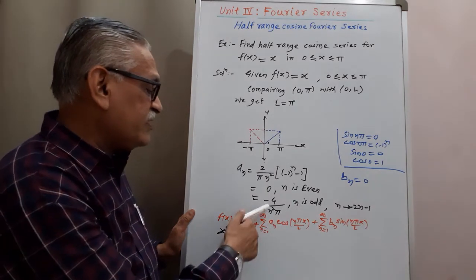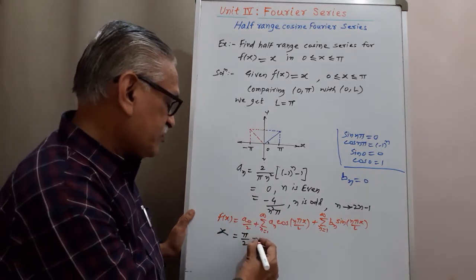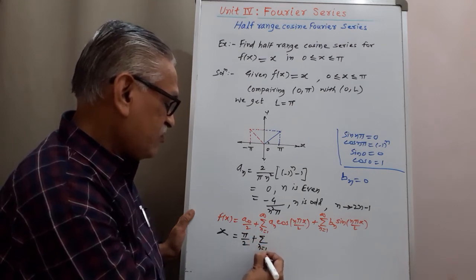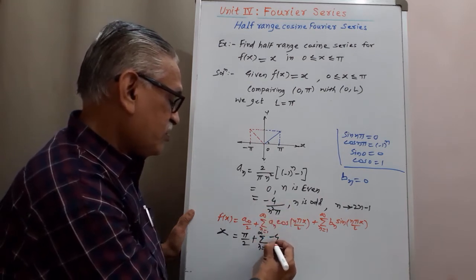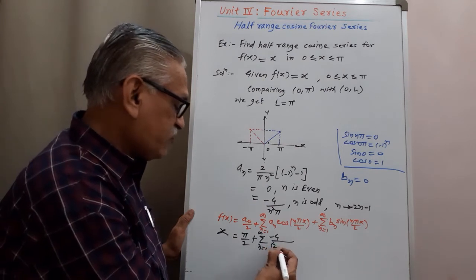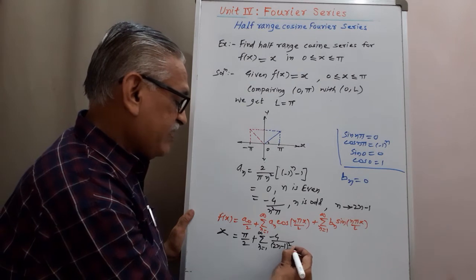The value of n is existing for odd values, therefore substituting that value in the summation sign, n changes from 1 to infinity, minus 4 divided by n square, replace n by 2n minus 1 whole square pi